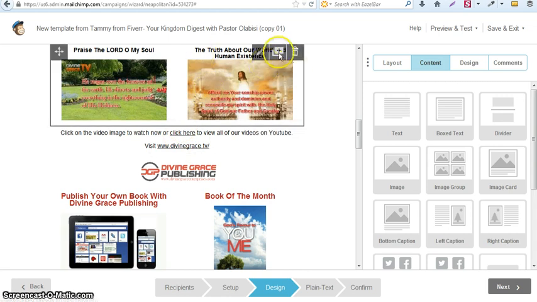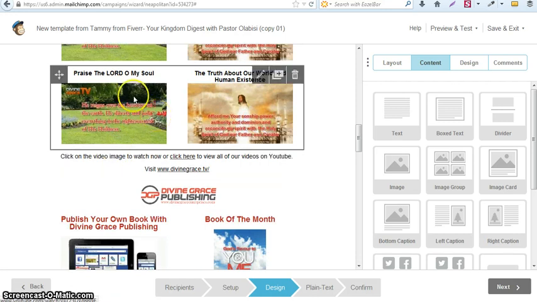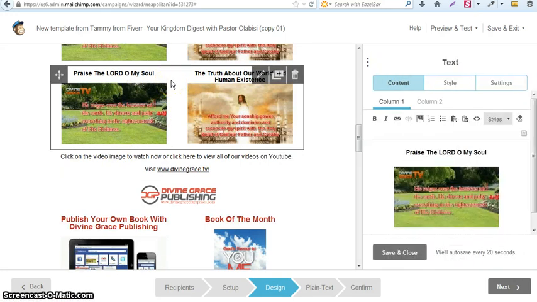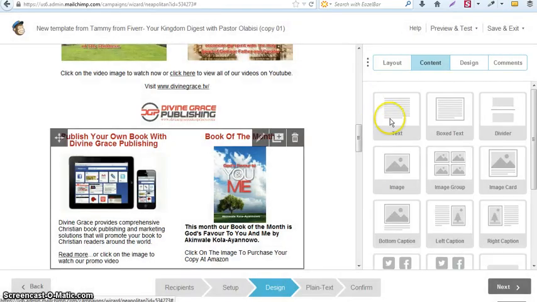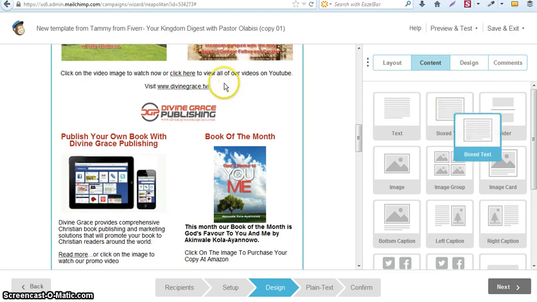But you could really just copy this here if you wanted, and then do your edits to it, or we'll delete this. Don't really need it right now. Or you could go back and put it in a whole new text box and design it that way. You could just put one video in it if you wanted. Here's an example of this